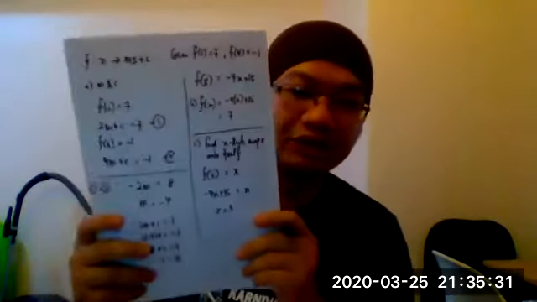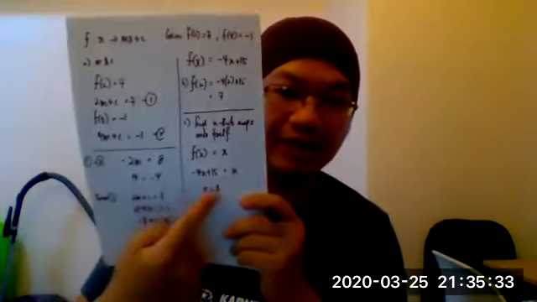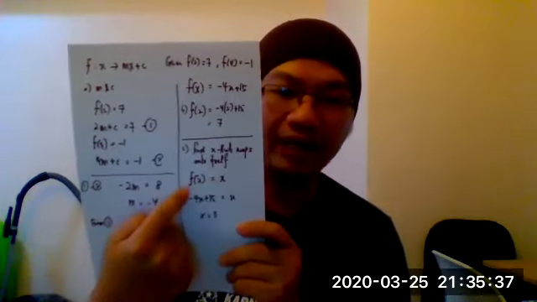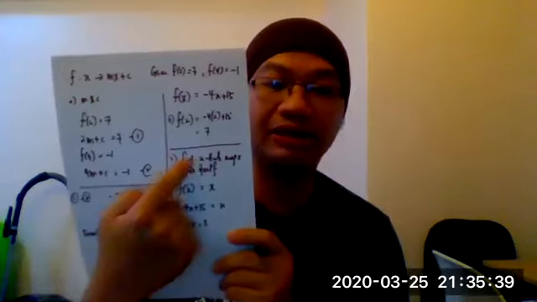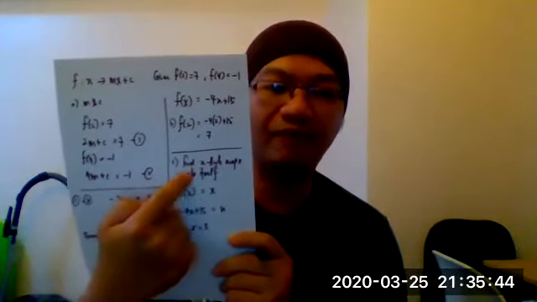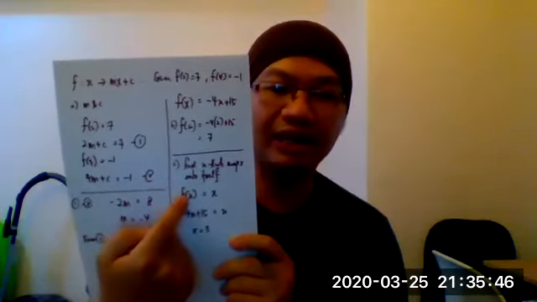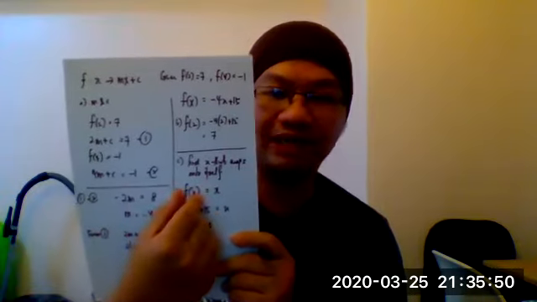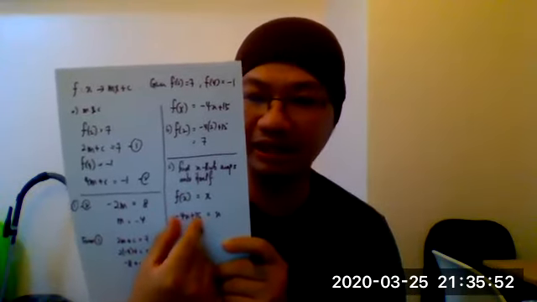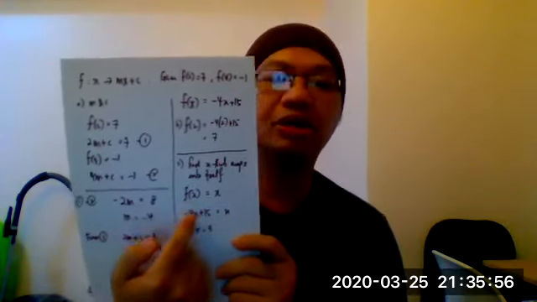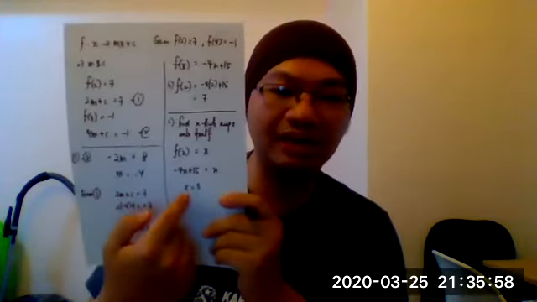This is question number 5C. After we write f(x) equals x, why f(x) equals x? Because the x doesn't change after mapping with the function f. So that means the object x, the image is also x. So f(x) equals x. So we copy f(x) equals negative 4x plus 15. We let it equal x also, because the object and image don't change. So we solve the problem as equals to